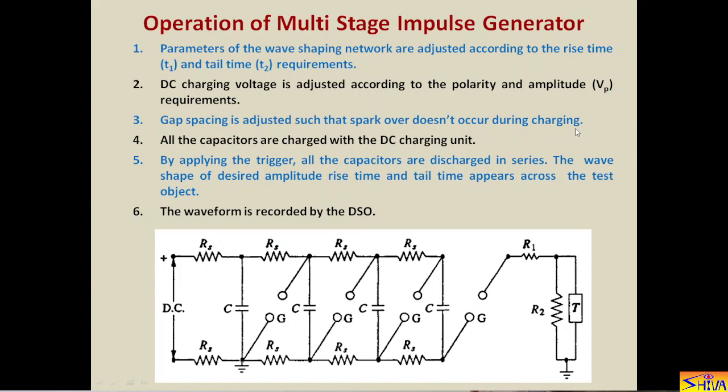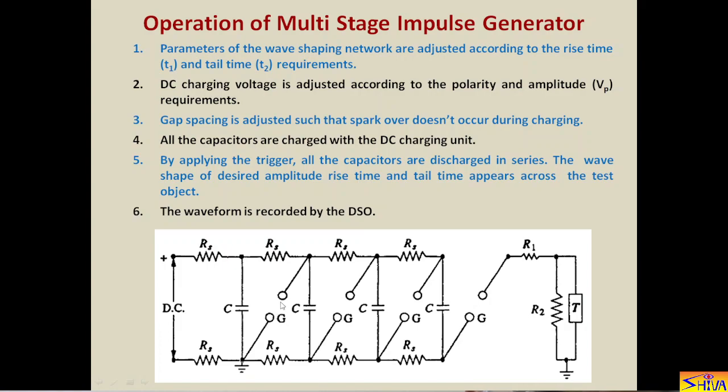Now this is very important. These are spherical electrodes. Spherical electrodes generate a uniform electric field, and the medium between these two is air. For air, the dielectric strength is 30 kV per centimeter. So if we adjust the gap to 1 centimeter, then as soon as the voltage between these two electrodes becomes 30 kV, it will spark over.